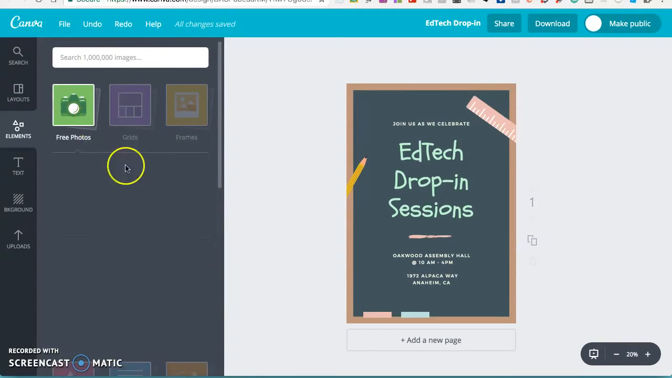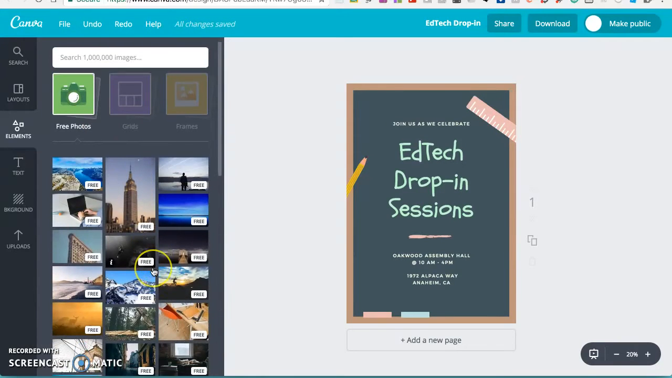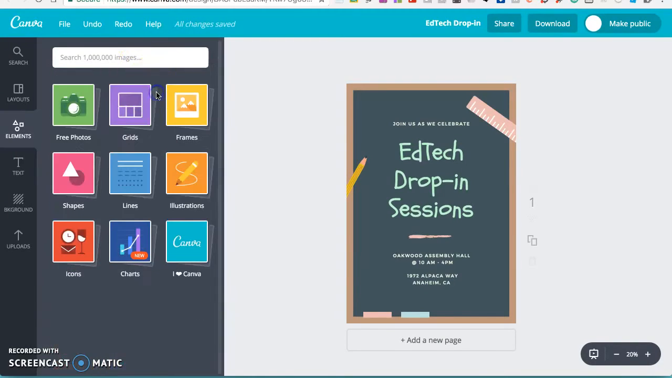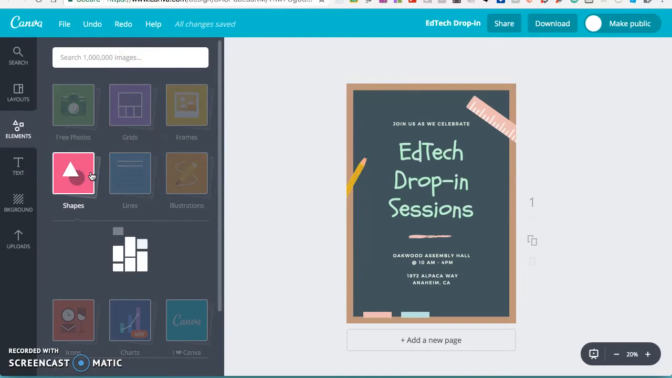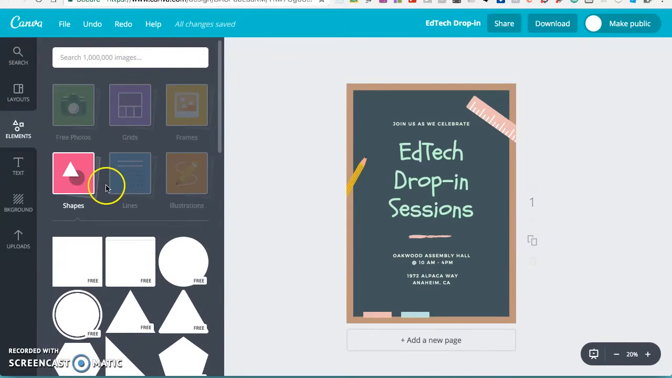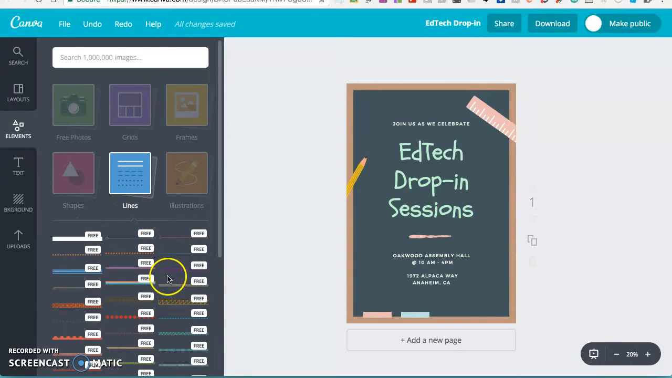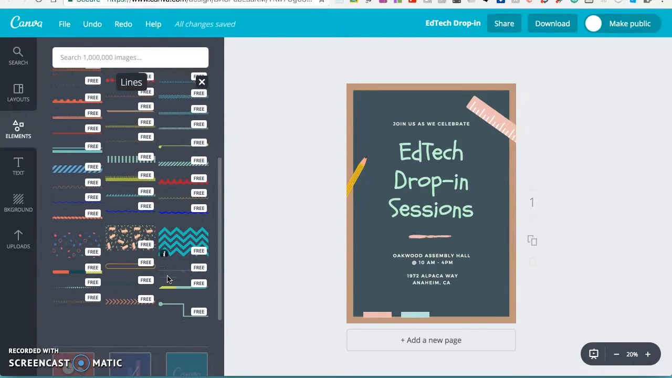Photos is pretty self-explanatory, and you'll see that there are the free photos, and then if you continue down, there's paid photos, and you can always do a search as well. Shapes are nice because you can layer them over the top of each other, make them transparent, but I'll just add a little bit of a line to this image,